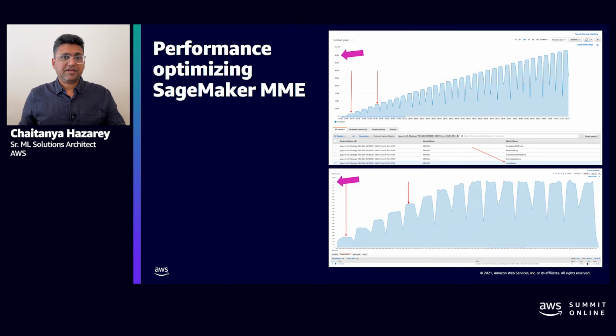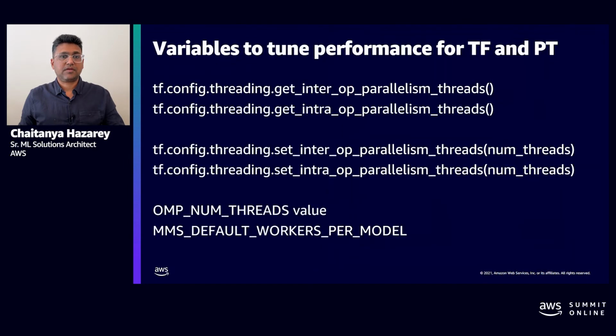One particular area of interest for customers is what are the knobs that affect performance or throughput of a multi-model endpoint. But first, how do you know if performance is improved or not? Towards that, we use a metric published by SageMaker to CloudWatch under invocation metrics called invocations per minute. Here we can see a before and after graph. The invocations per minute stabilize at 11,000 in an unoptimized endpoint, and after optimizations stabilize at 44,000 invocations per minute. This is a good indicator of improved performance.